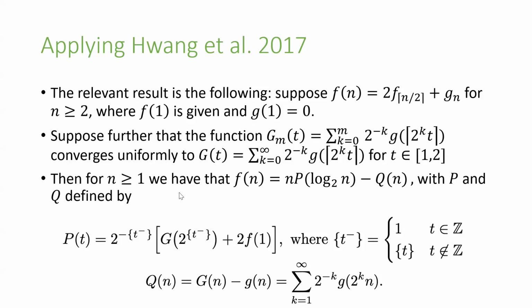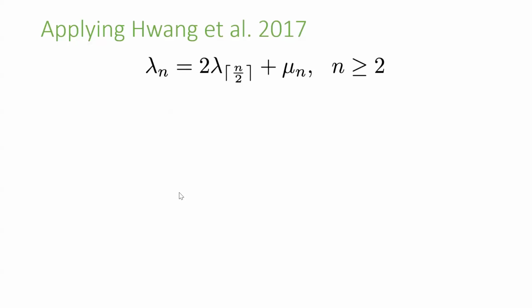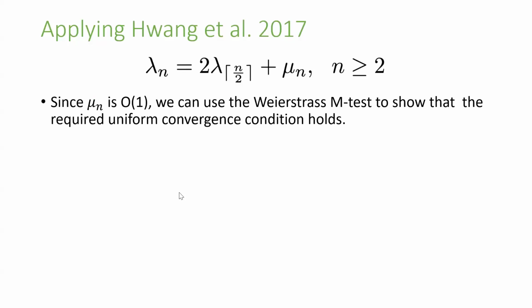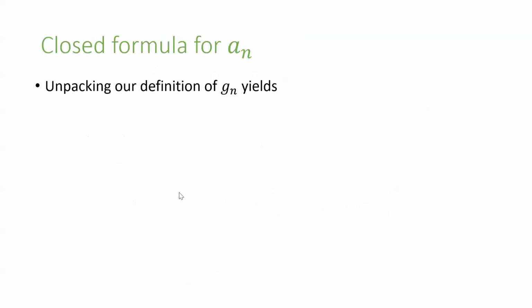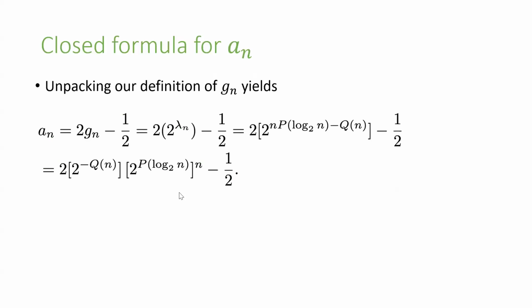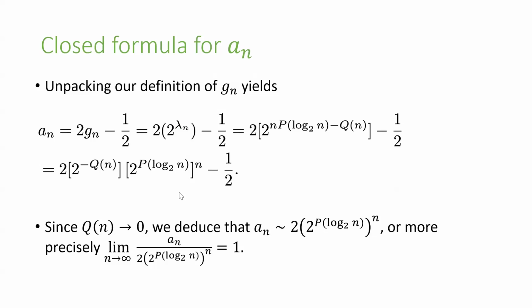And in our particular case, applying this result here, we get that because mu sub n is bounded by a constant for all n, which you can show, but we don't show it here, you then use the Weierstrass M test to deduce that the desired uniform convergence holds. And because of that, we can just use the machine we had before to say that lambda n is precisely of this form. And now, if you remember, lambda n was defined in terms of g of n, which is then defined in terms of a of n. So if we just unpack all of that,